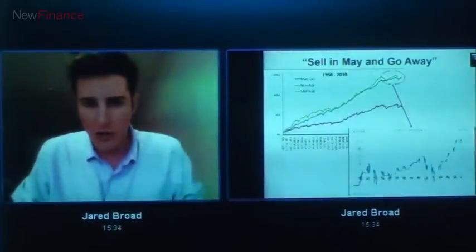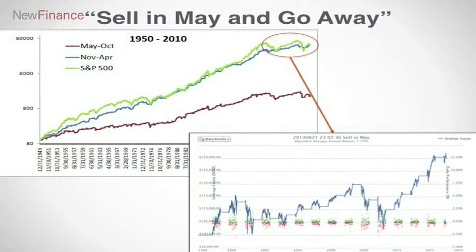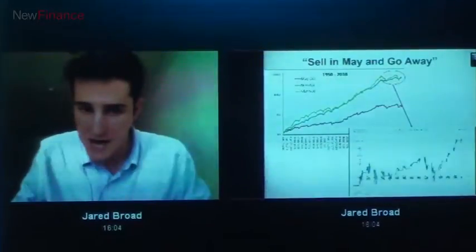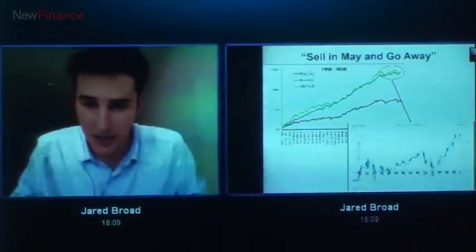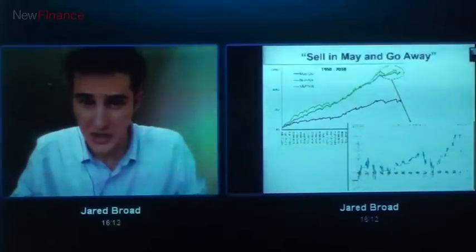So we actually did this recently in our blog, and we went back to 1950 and ran a strategy using the curve above. If you can see the red line below, that's just the time period from May to October when apparently it's performing badly and everybody's selling off their stock. And the blue and green lines are the S&P in the November to April period respectively. And we also tested this inside the QuantConnect platform with the chart below on much higher resolution data, and we could make sure that it lined up.